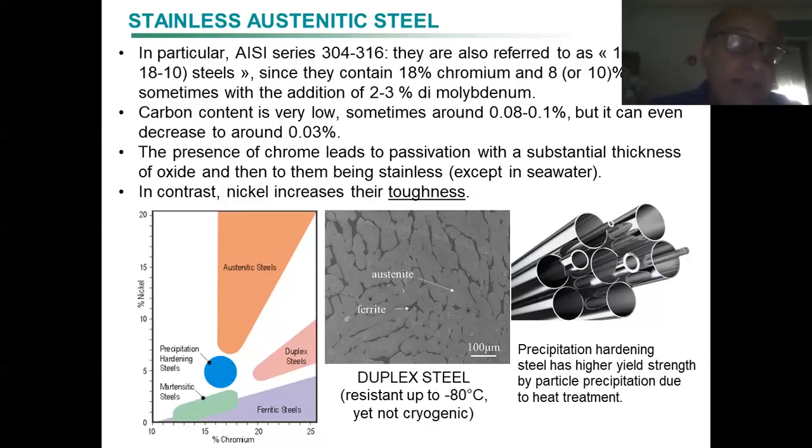Here, even without any heat treatment, you have some regions in which there is martensitic steel. And then there is precipitation hardening steel. Precipitation hardening steel involves instead heat treatment. So in all other regions, you don't necessarily have a heat treatment. For precipitation, in that area,